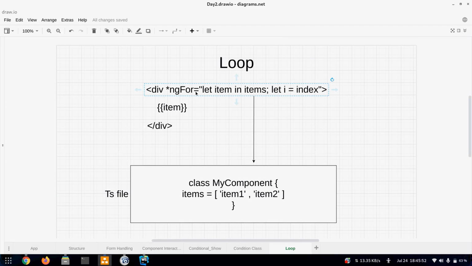asterisk ngFor equal to, then we create these quotes and then we write let item of items. Items is inside our component which can be iterated, and for each loop one time the value will get inside the variable named item.